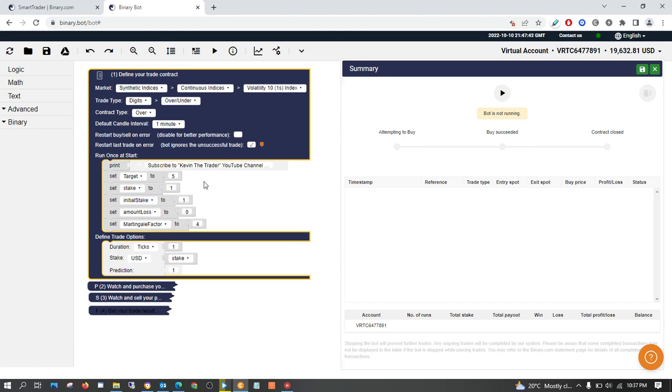Now you set your target to be 5 or even less, because you want to take profits. You don't want to trade for long and maybe ruin all what you've made, or blow up your account. So normally start with 5 or below, okay? Because now here we're trading with caution, okay? Any trade that you are going to do here is with caution, because we don't want to blow up our account, okay?